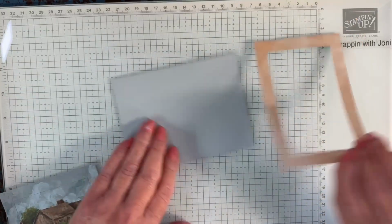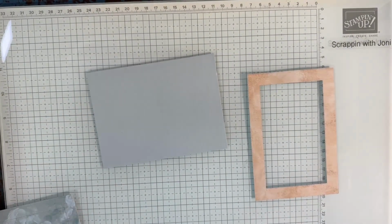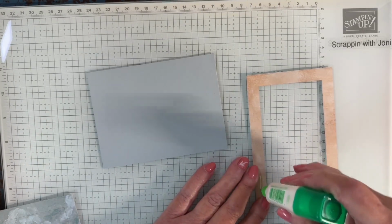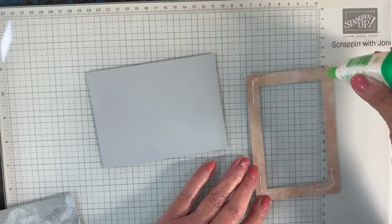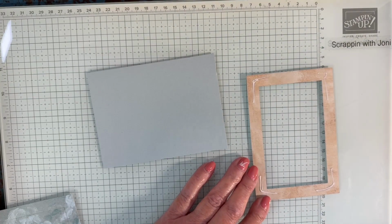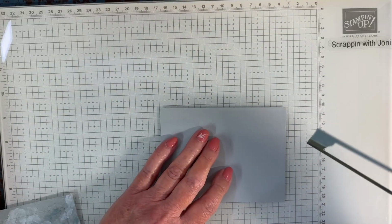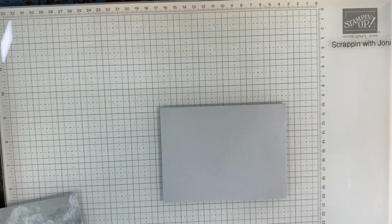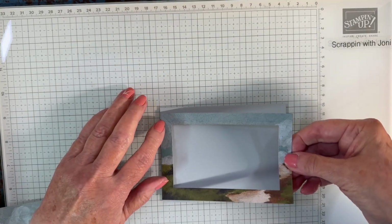I'm going to use multi-purpose glue so I can kind of move it around if it doesn't land where I want. You don't need a lot. Just like that. And then for me, if I start with my paper straight, I'm more likely to get the pieces I'm adding to it straight. No guarantees, but you know. So we're going to just lay this down